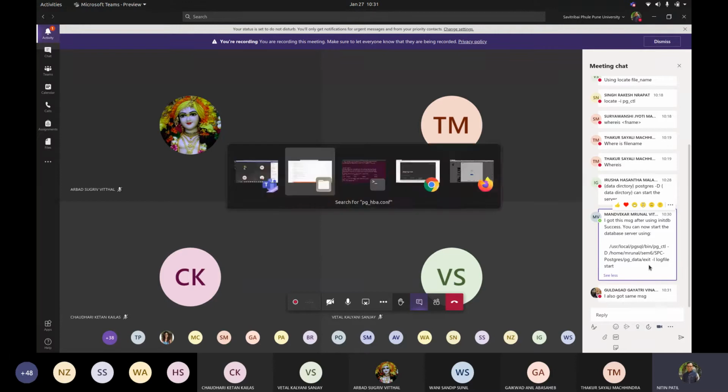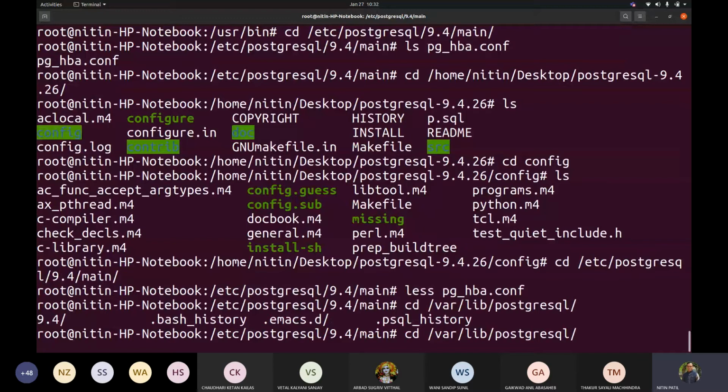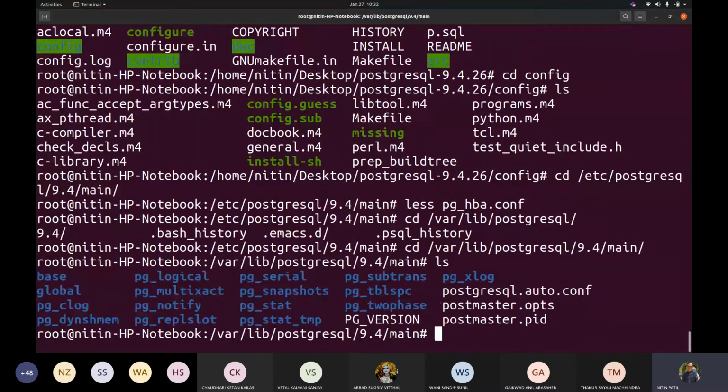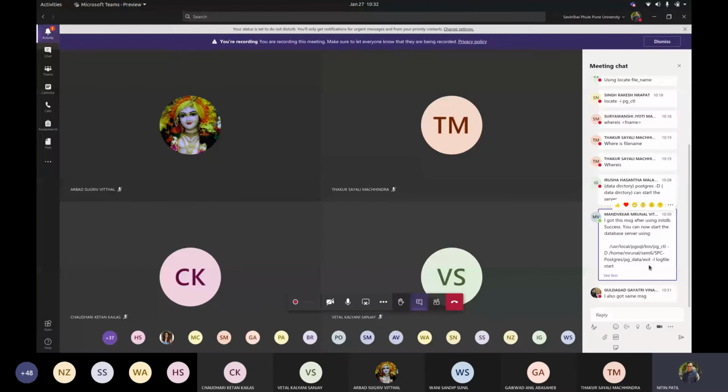Now in my machine, as I haven't installed it through source code, the data directory is cd /var/lib/postgresql, okay, and then 9.4 main and so on. So this is my data directory, correct? For your case, the data directory would be /home and whatever you wrote after -D while creating the cluster. Now, what about the configuration, where your configuration files are? So Mrinal, can you search on your local machine where your configuration files are? I want you to find pg_hba.conf, pg_hba.conf.